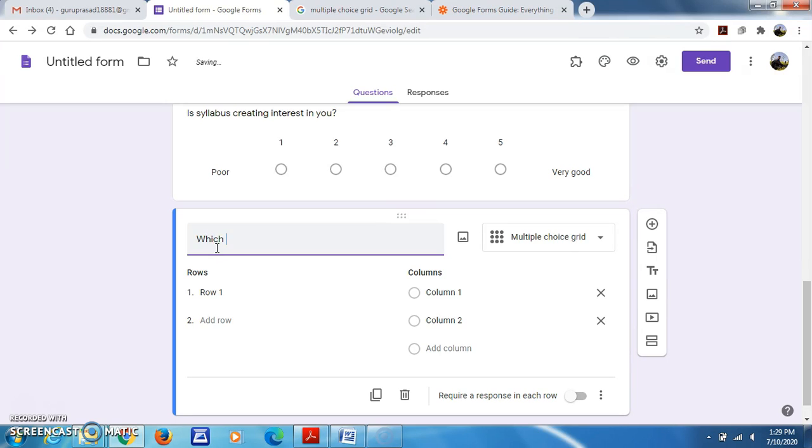So which Google tool you want to know more about?